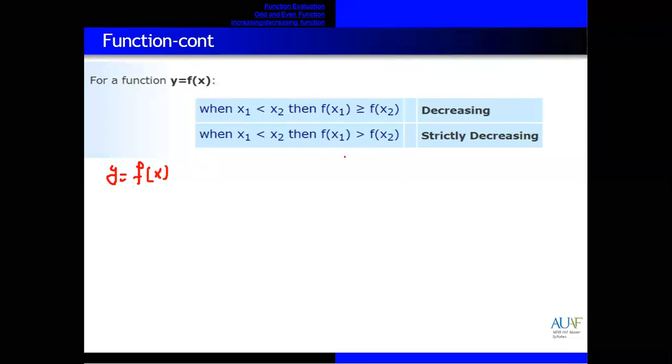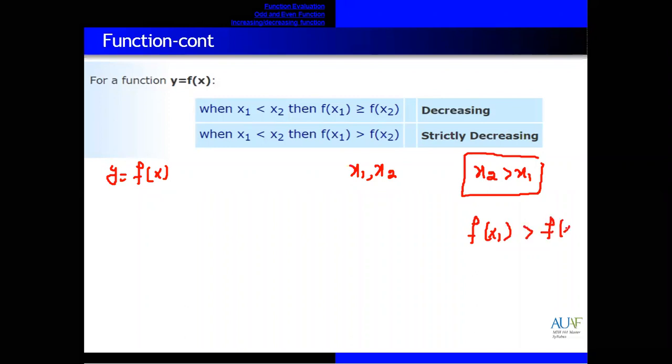And we select two numbers like x1 and x2. Same condition, x2 is greater than x1. Then if you put these values x2 and x1 and f of x1 is greater than f of x2. And for increasing, f of x2 is greater than f of x1, or y2 is greater than y1. But here y1 is greater than y2.